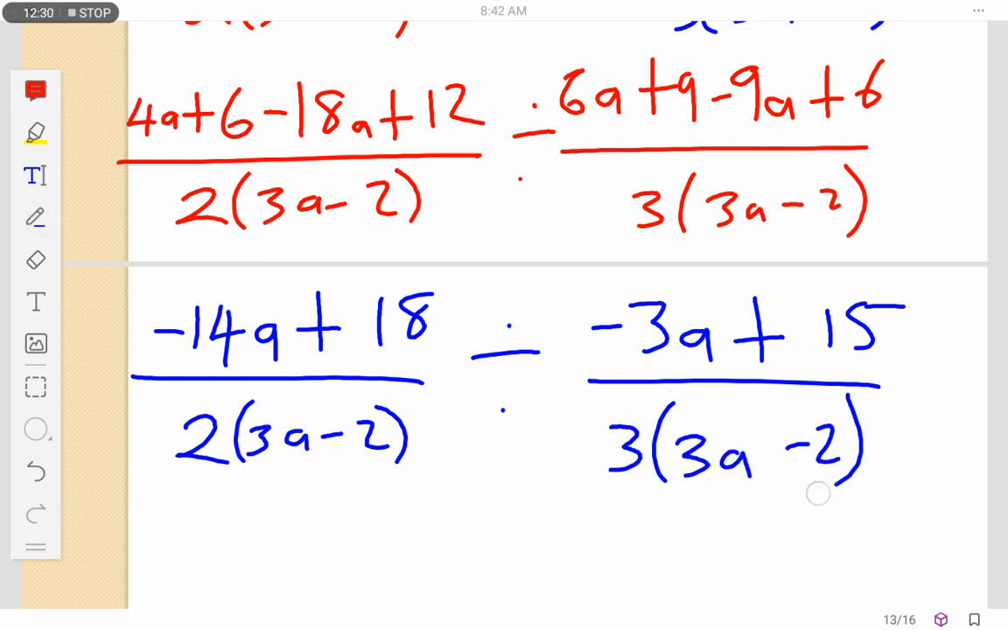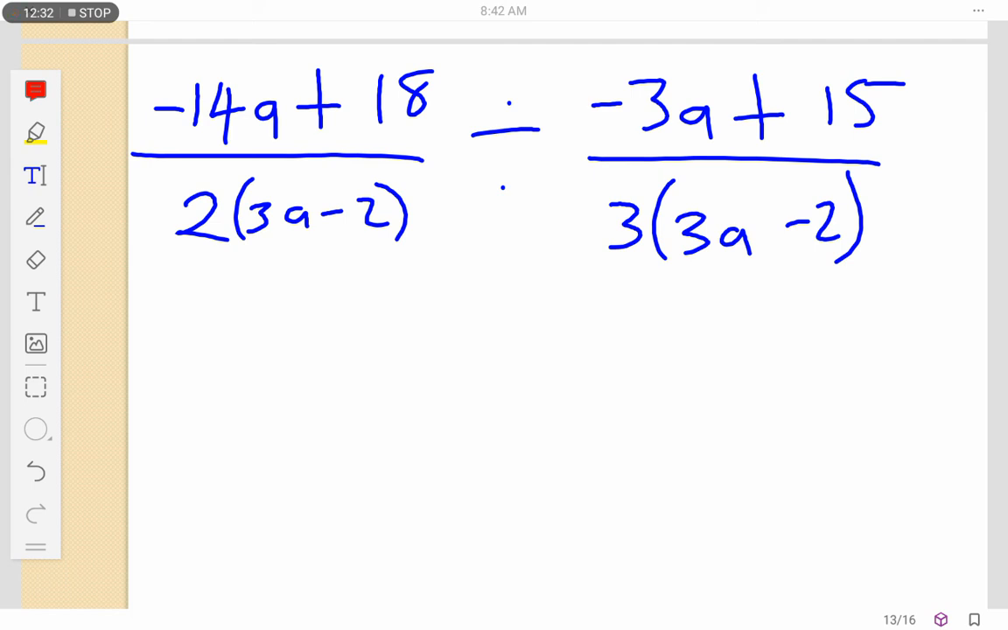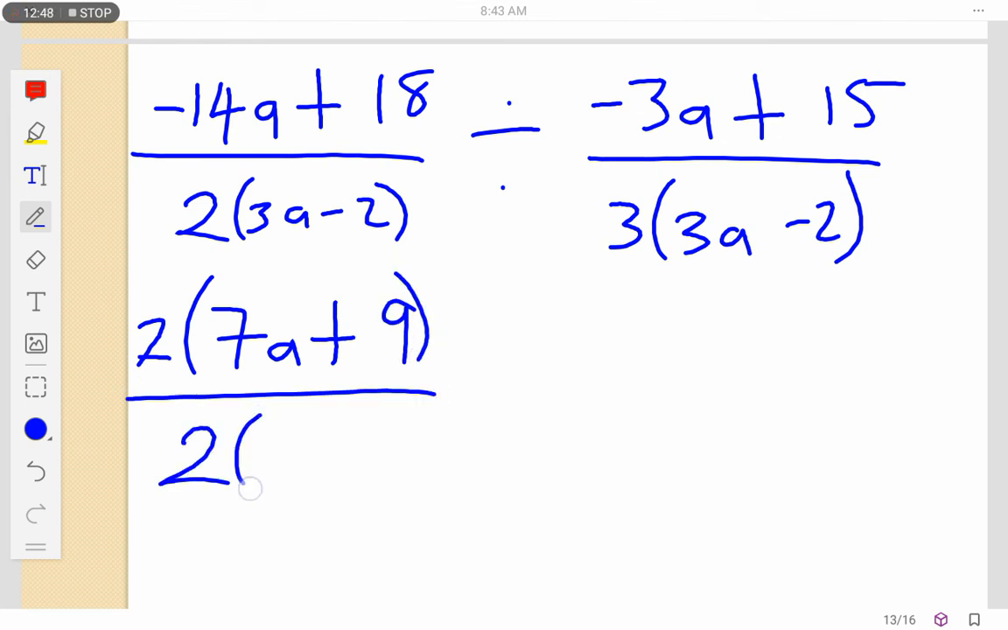Okay, now I can take factors. For the first one, I can divide 2 into this one. Let's have 2. Then I'll remain with minus 7a plus 9 there. Okay, all is over 2 by 3a minus 2, divided by the second one. I can get 3 there. I have 3. I forgot the negative. Let me take even the negative outside for this one. So I can have divided by,